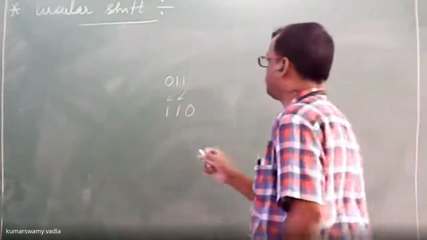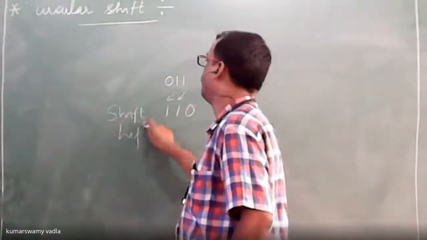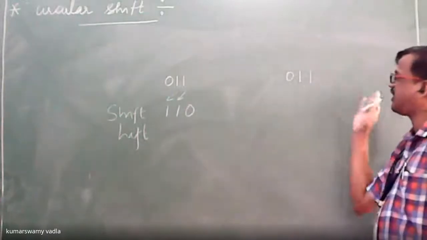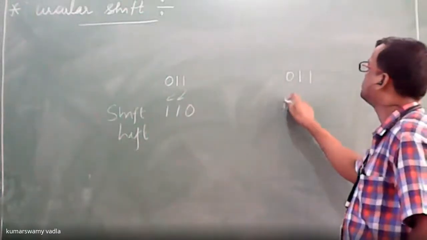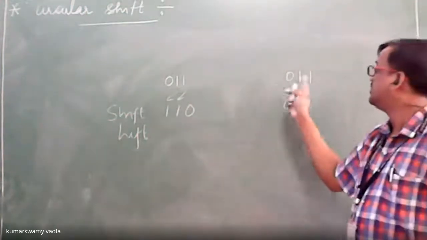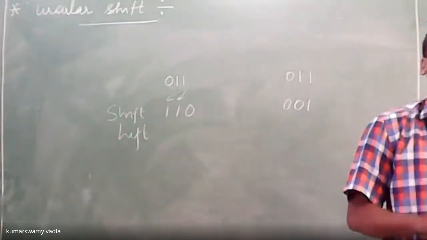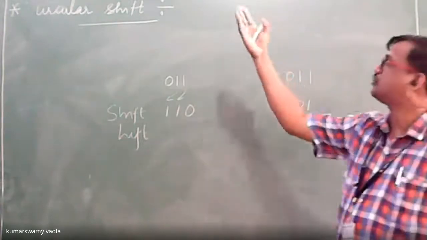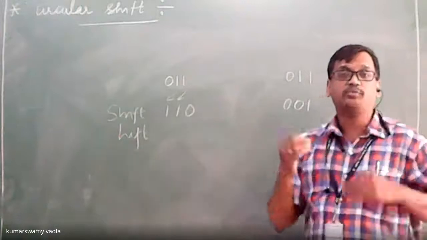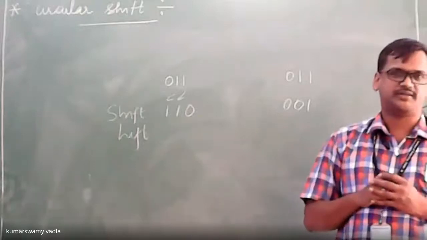Now, this is shift left. If I shift the same digits right, what happens? 0, 0, 1 you get. This 1 will not come and sit across 1 here. It omits. Now, the point of discussion when I am talking about circular shift, why I am giving this example is, why the processor is so fast to give you the results is because of this reason.